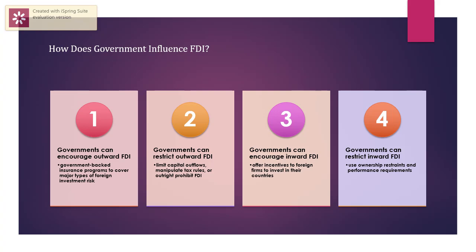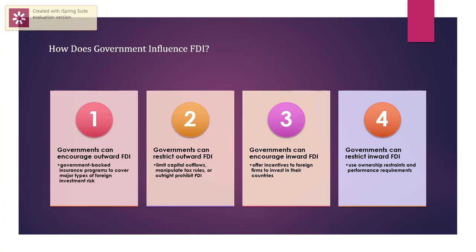In addition, countries have occasionally tried to manipulate tax rules to encourage their firms to invest at home again. A recent example is Donald Trump in the US, where he is trying to bring back all the production units to America. The reason is that he is trying to make his economy stronger and also to create jobs in the local market. So these may be similar reasons due to which governments can restrict outward FDI.